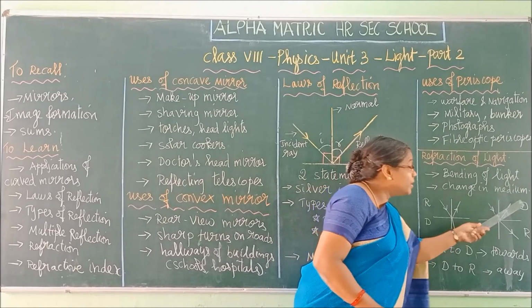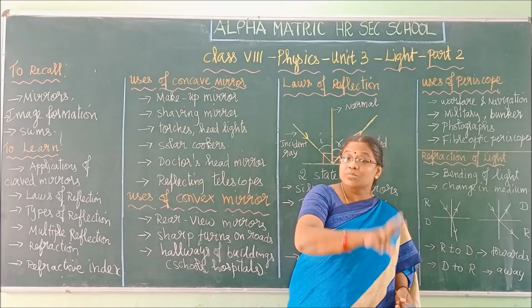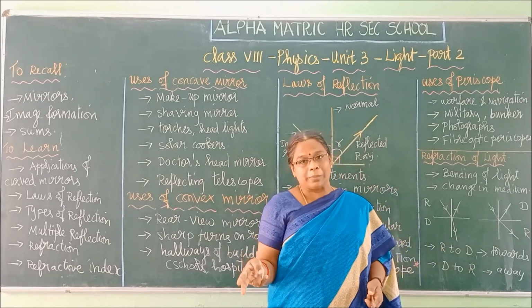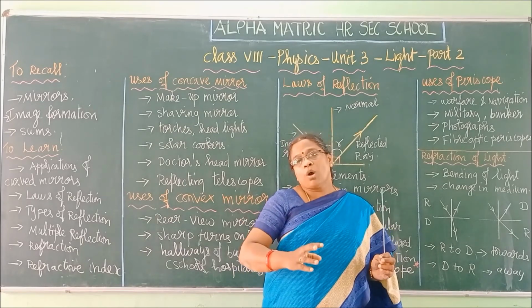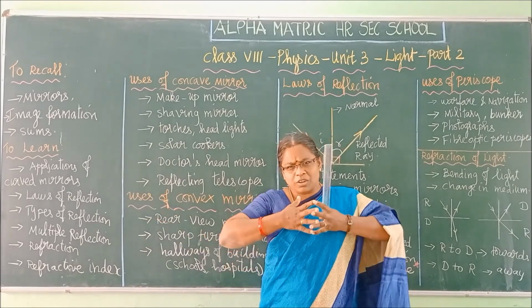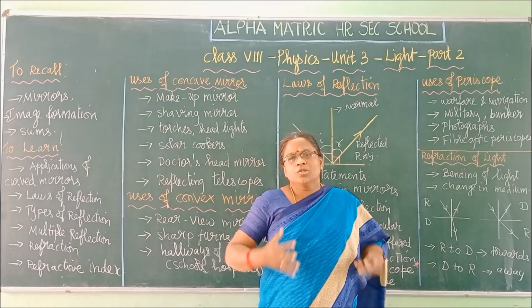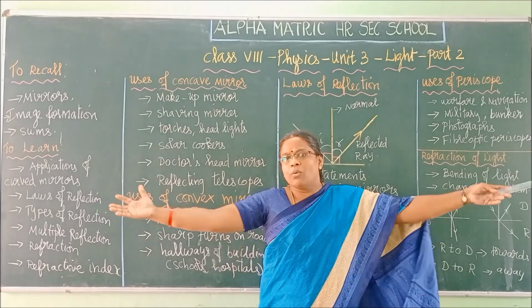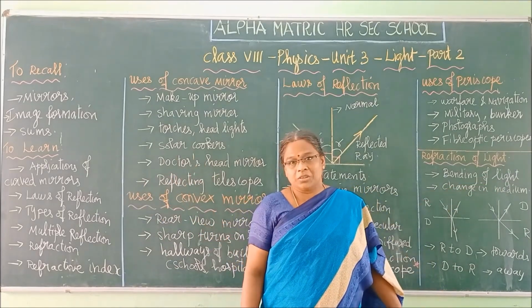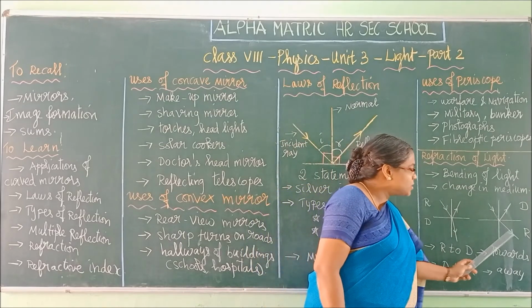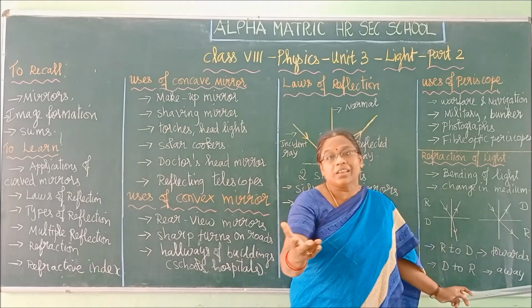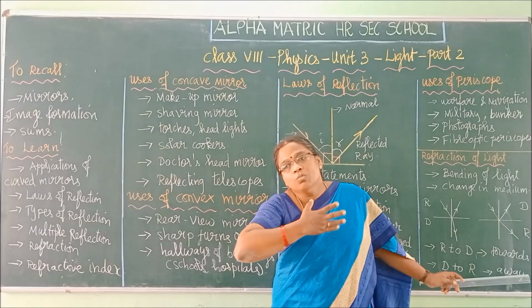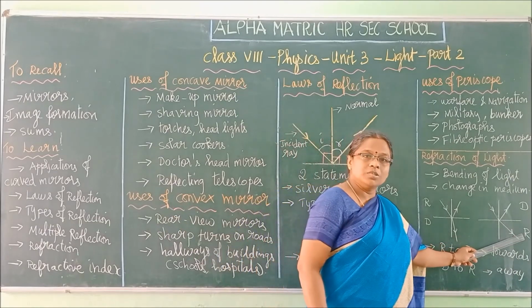But when it moves from denser medium to rarer medium, for example glass medium to air medium, it is like water gushing out of the hose. It will gush out in a faster way, no? The molecules are loosely bound, so the light can travel in any direction. The velocity, the speed of the light, will increase. So it will move away from the normal.